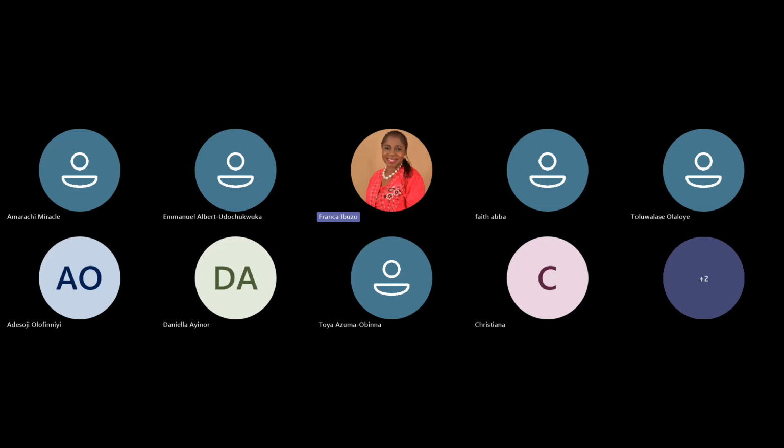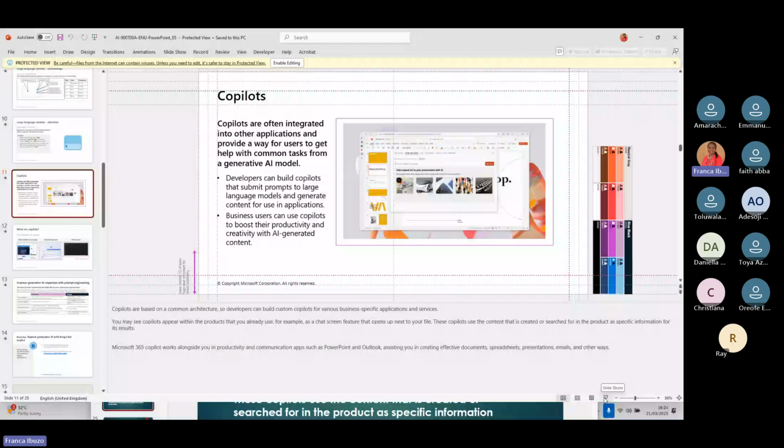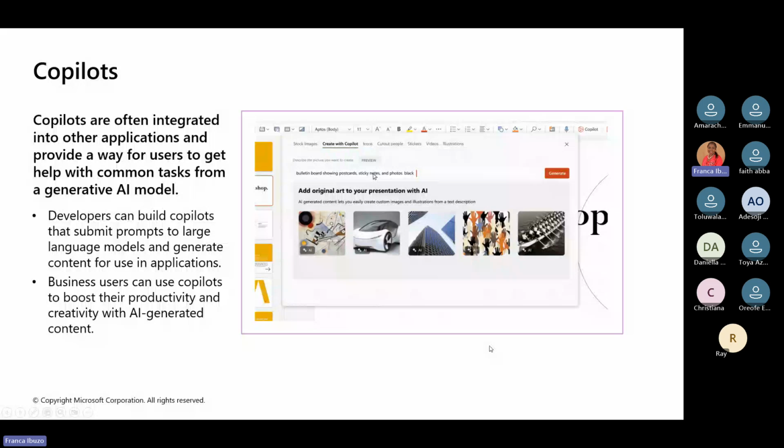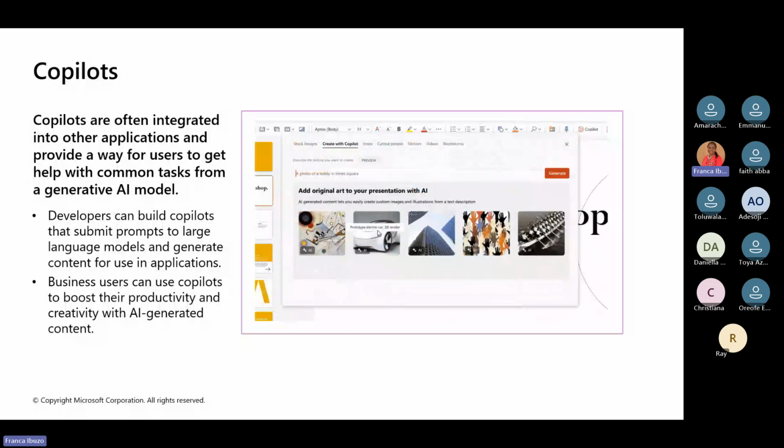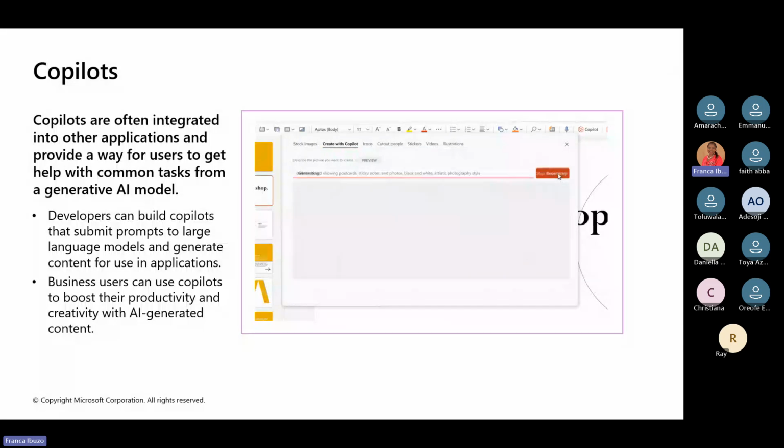This time, today, we're going to look at co-pilots. Co-pilots are often integrated into other applications and provide a way for users to get help with common tasks from a generative AI model. Like now you have co-pilots in Word, Excel,